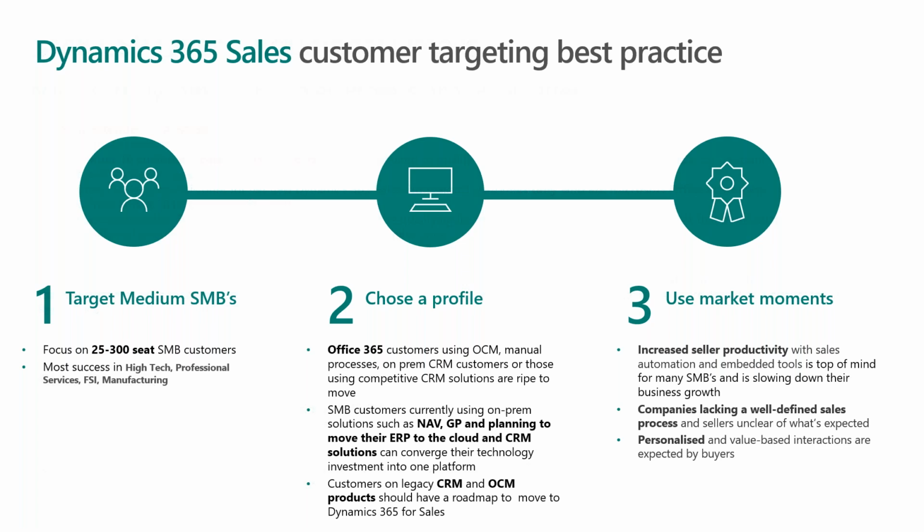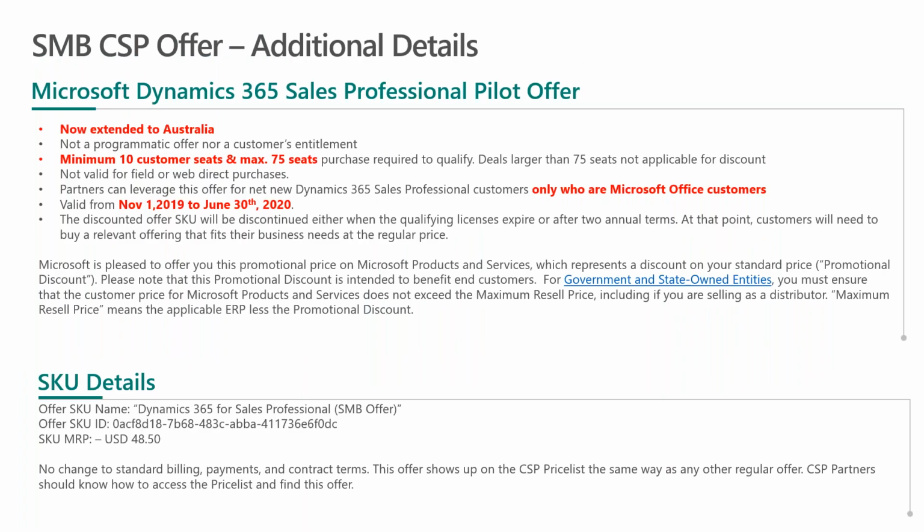And finally, I'm really excited to tell you about an offer that's soon to be announced that is designed to help you target the Office 365 customer base with Dynamics 365 Sales Professional. So following a successful pilot that was run in the last financial year in Europe and the US, the offer has now been extended to additional countries, including Australia. So this is not a programmatic offer. It's available for a limited time from the 1st of November through to the 30th of June 2020, and it